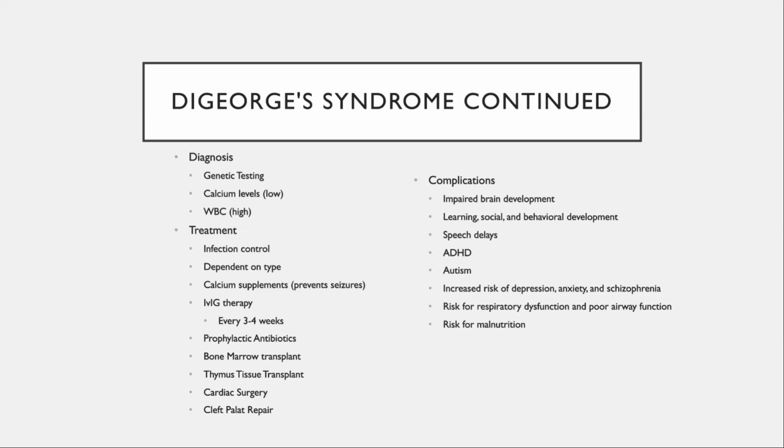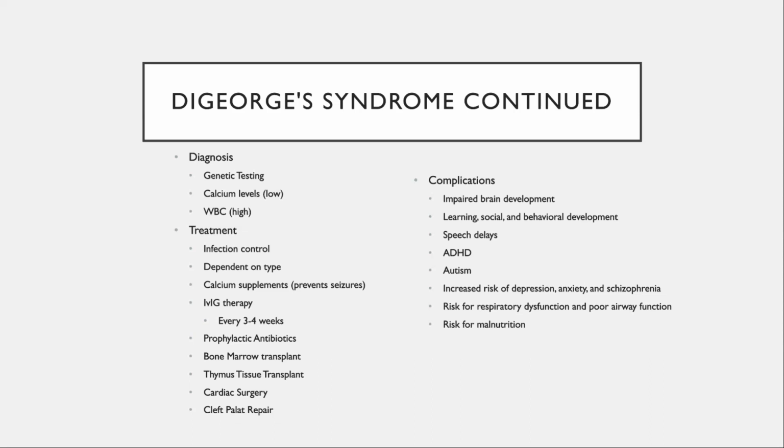Our treatment of DiGeorge syndrome is infection control, as well as symptom management based on the type of DiGeorge syndrome they have. We can provide calcium supplements, especially to prevent the seizure activity that's associated with low calcium levels. We can do IVIG therapy every 3 to 4 weeks, prophylactic antibiotics, bone marrow transplant, thymus tissue transplant, cardiac surgery,